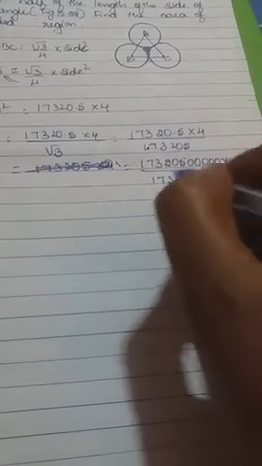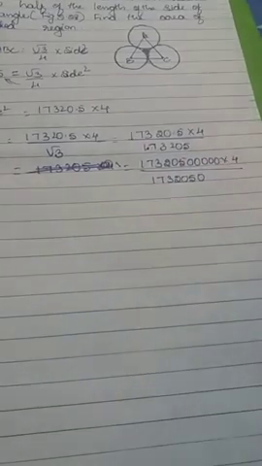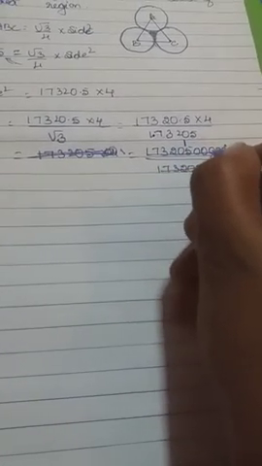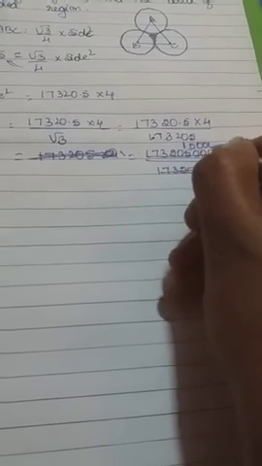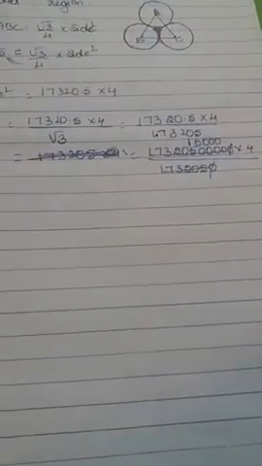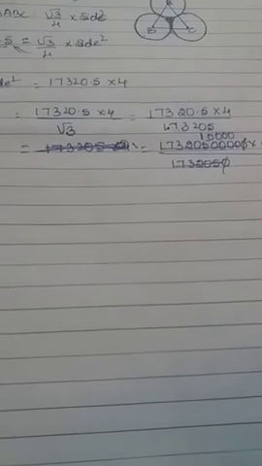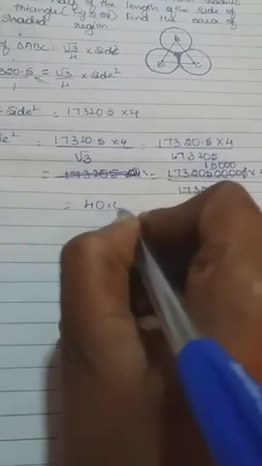To remove the decimal in the denominator and the decimal in the numerator, where the point is after 1 number, put 10 in this, into 4. So the 10s get cancelled here, and 173,205 should be 1, it should be 1 up to here. Next 1 2 3 4, write 4 zeros. So it will become 10,000 into 4. So 10,000 into 4 is nothing but 40,000. Side square equals 40,000.